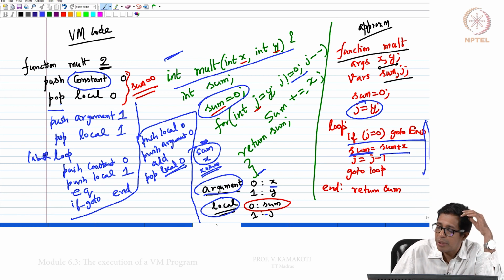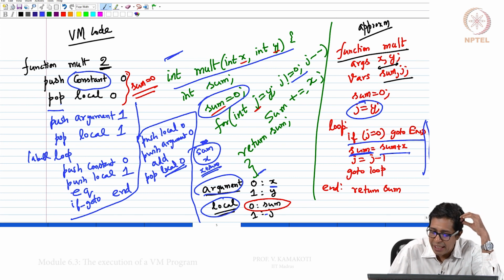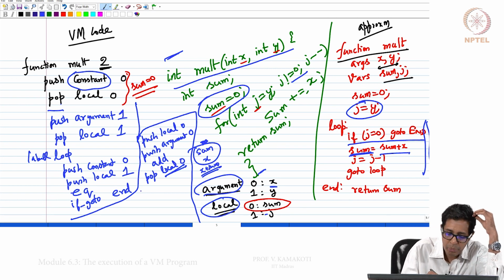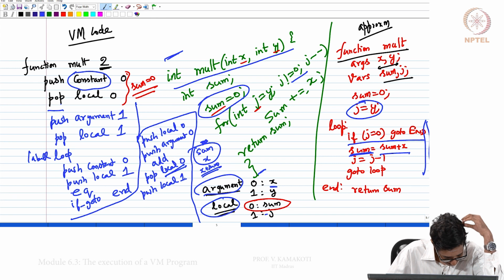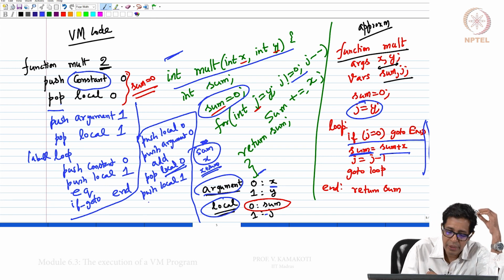Now I have to do j equal to j minus 1. Where is j? j is in local, so push local 1, right? So this means j gets loaded on the top of the stack.